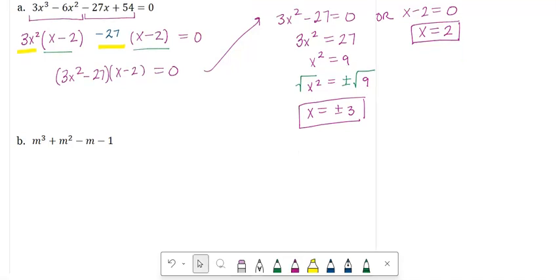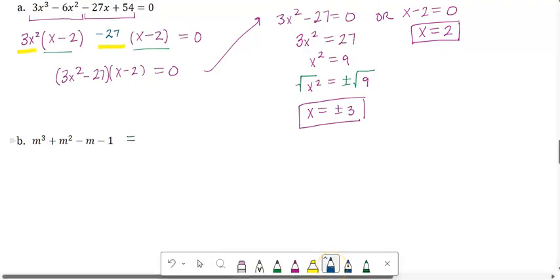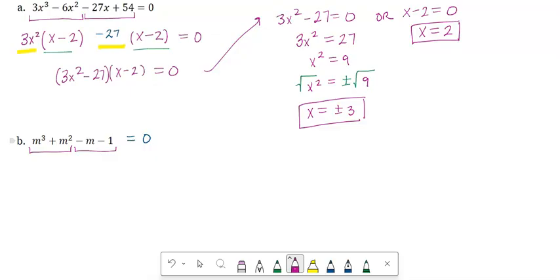For example B, it looks like I forgot to write an equals 0 here, so we'll just write that there. All right, again, we're going to factor by grouping. I'll group the first 2 terms together and then the second 2 terms together. For the first 2, it looks like I can bring an m squared out to the front, and I'm left